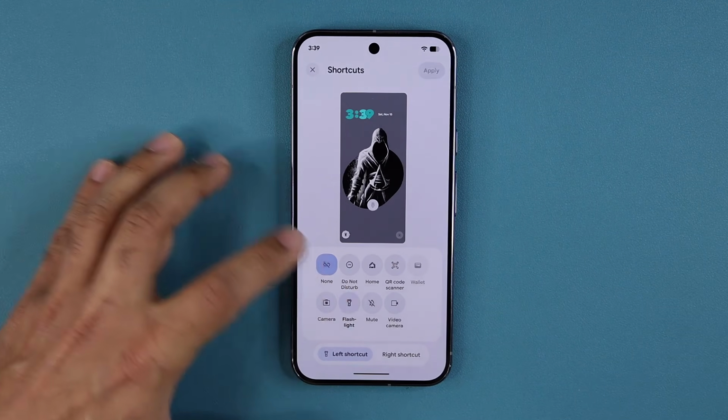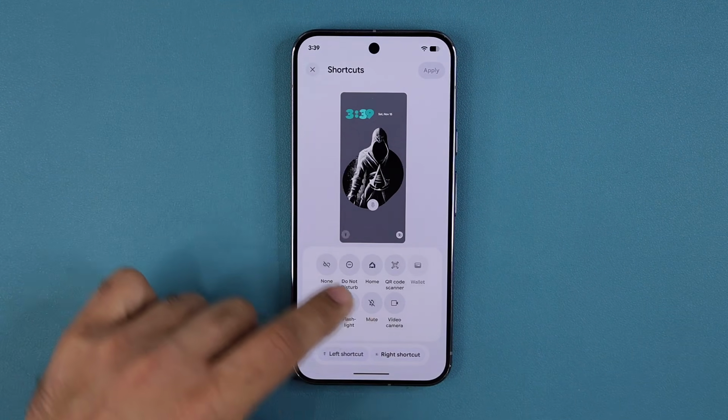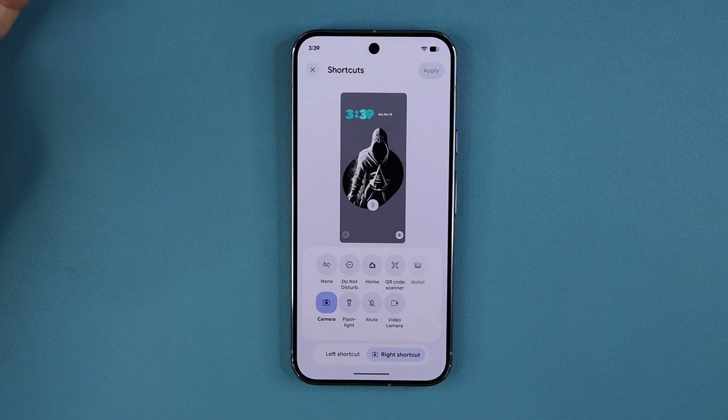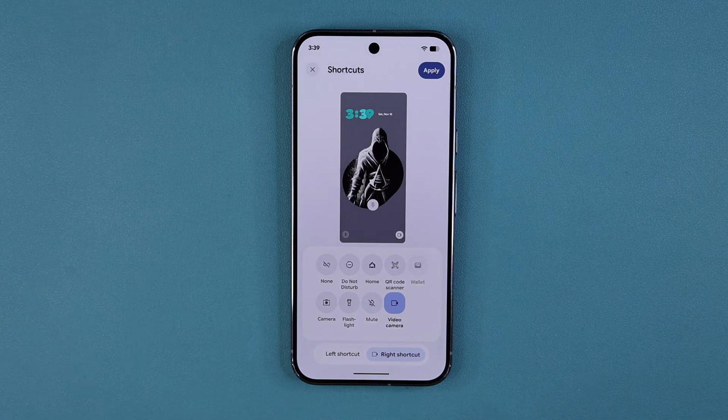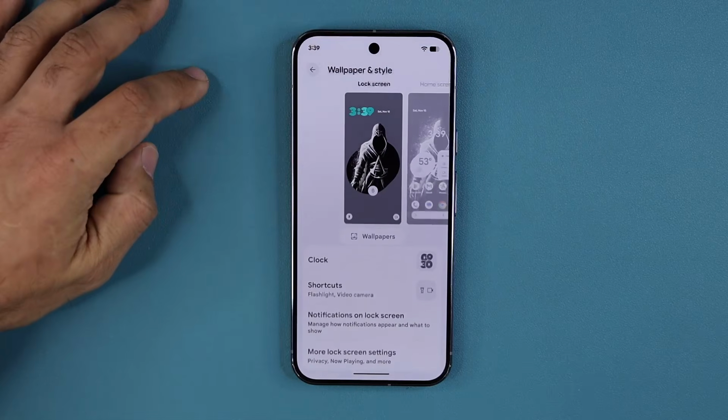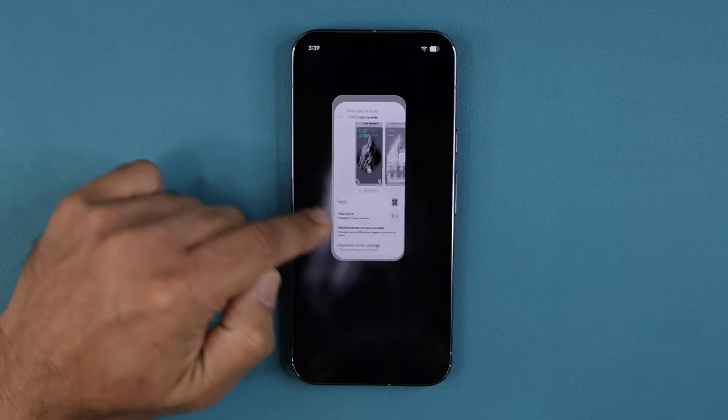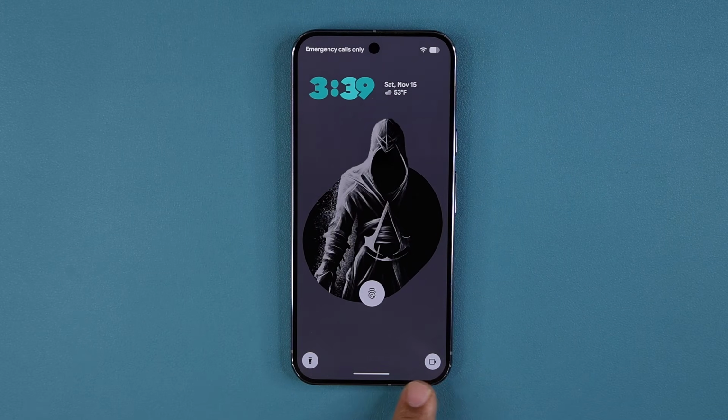But I like to have my flashlight on one side, and then you can have the camera on the other side, or other options. You can even go directly into the video camera, okay, if you do video all the time. So once you apply that effect, that change is now going to be in effect right over here,